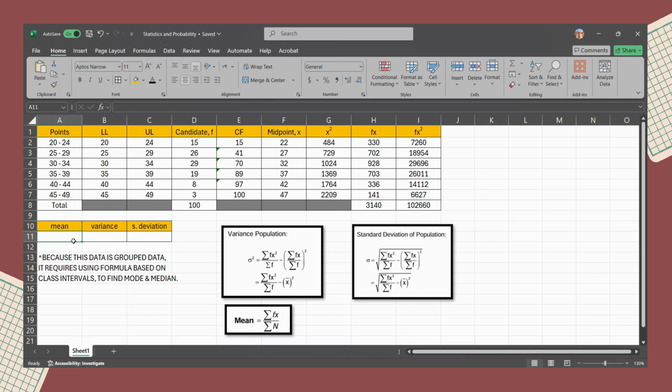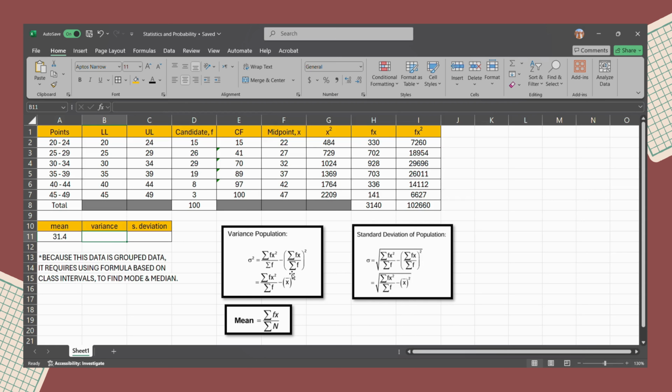So we just put the formula in this table: equals bracket, sum of fx divided by sum of candidates, close bracket and enter. So we got the mean is 31.4.